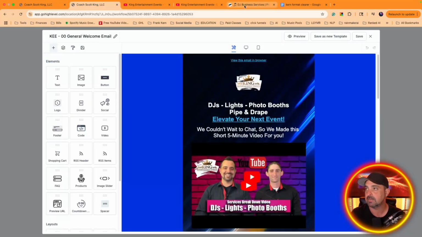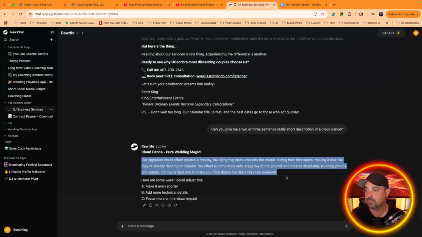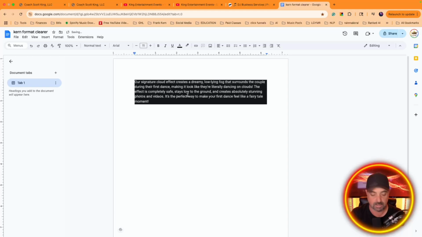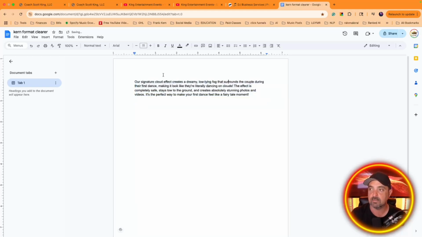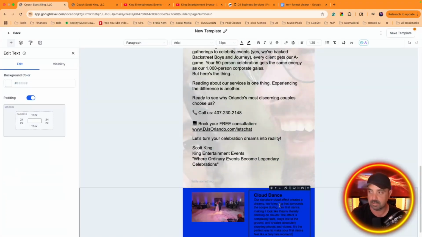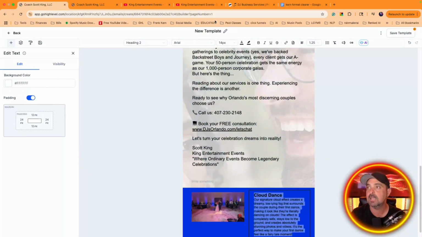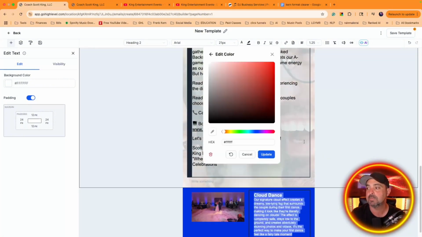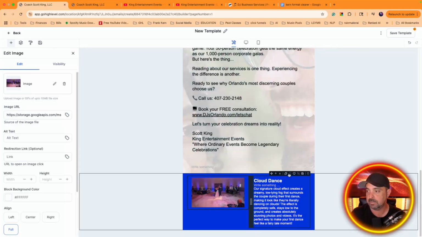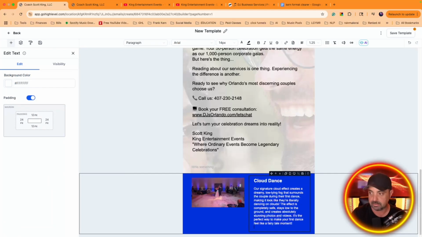And then go back to Project Shepherd, which is over here. Copy. Put it back into here. Get rid of the formatting. It's a quick key. It all becomes second nature once you've done it a couple hundred times. And then we'll go change that into white. Boom. And then if you wanted some space in between there, boom. Look at that. Sweet. Our signature cloud dance creates, and then we could put a little thing here that says